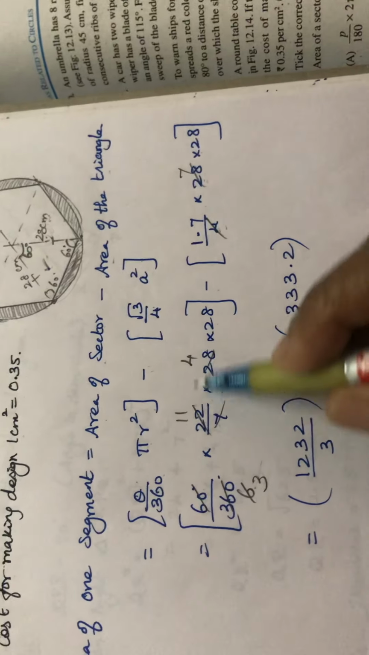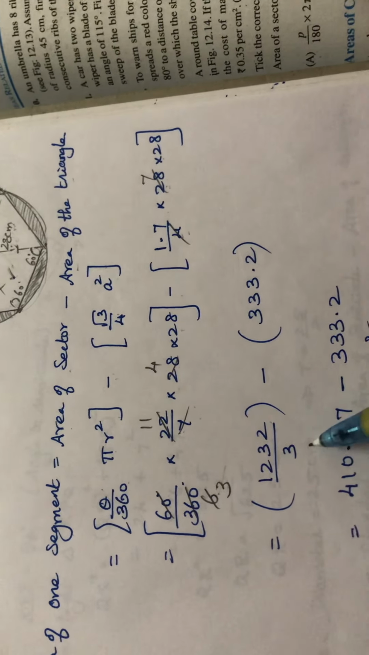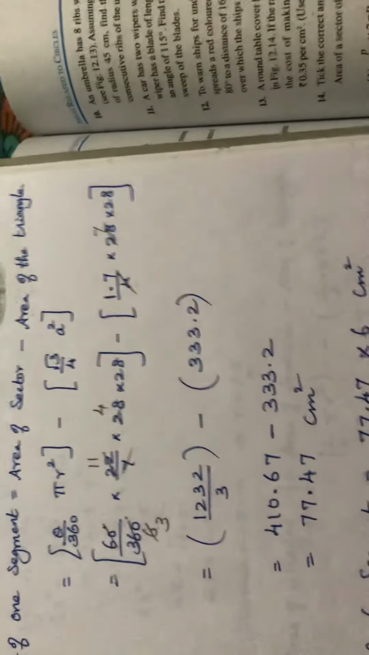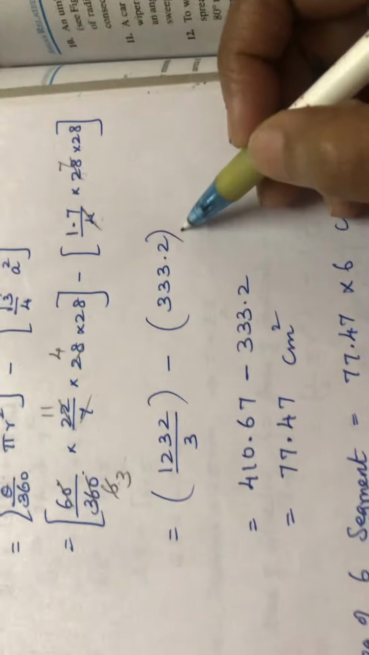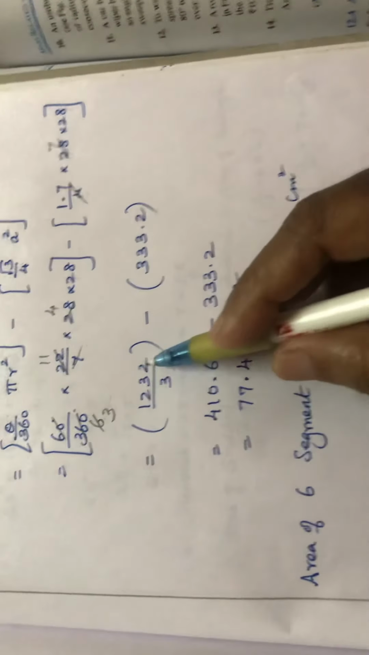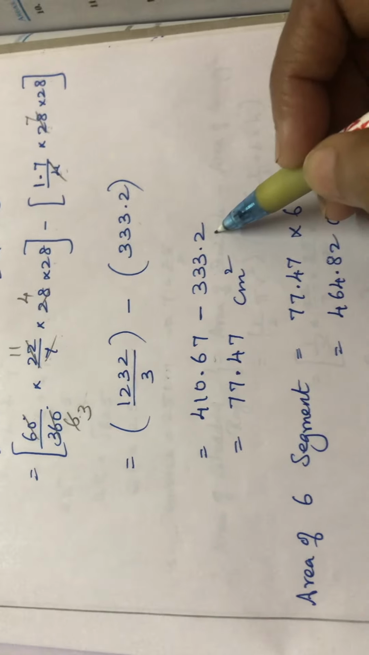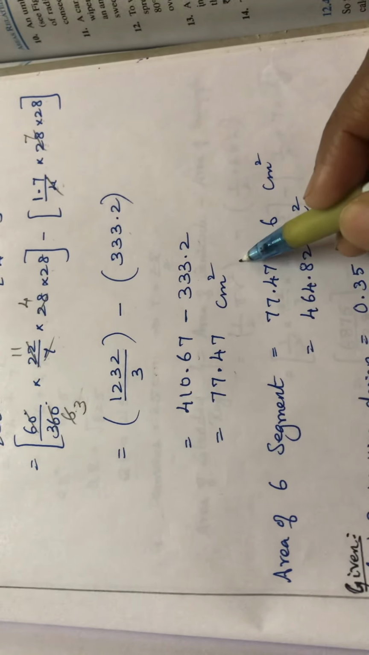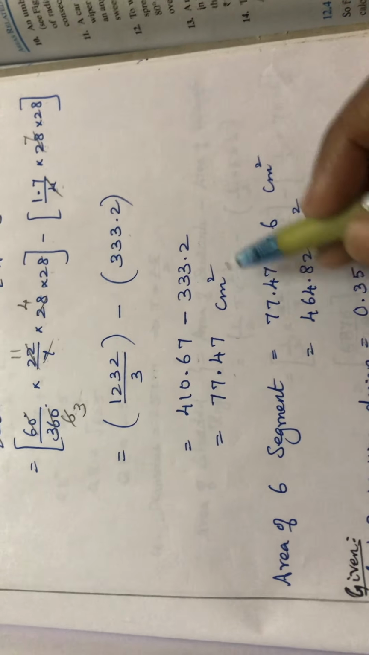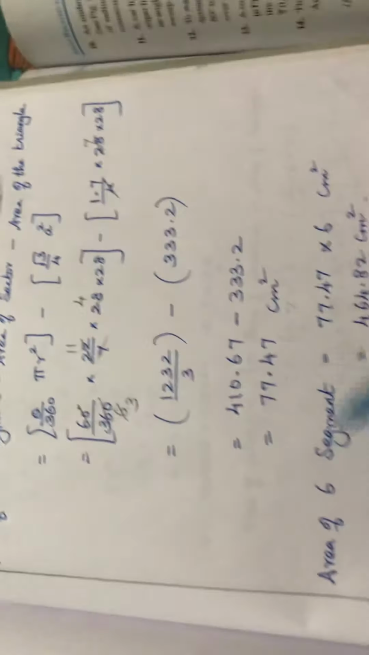From here 11 into 4 into 28, when I am multiplying, 1232 by 3 minus this 1.7 into 7 into 28 is 333.2. So when I am dividing this, 410.67 minus 333.2 equal to, when I am subtracting, 77.47 centimeter square. This is the area of one segment. I have 6 segments in this circle. So area of 6 segments is equal to